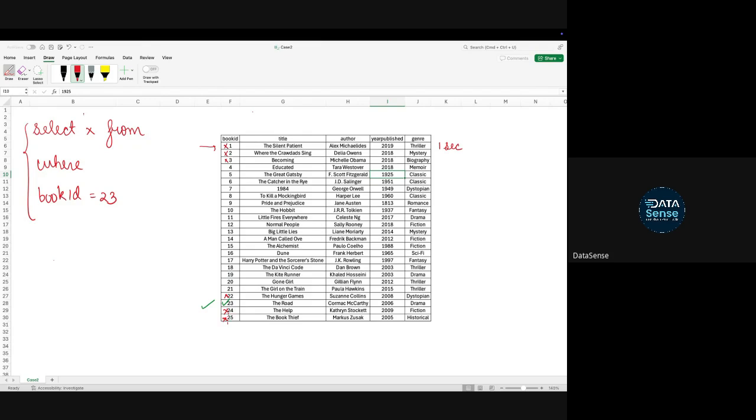It will check the whole table, right? Because distinct is not used, it will keep running. It will also check the rest of the rows, because if there is another 23, it will return that as well, right? So the whole table will be scanned, right?